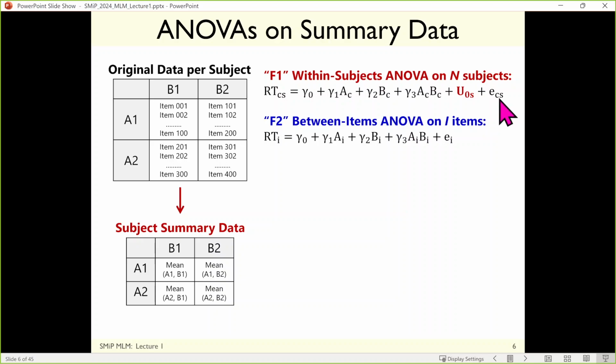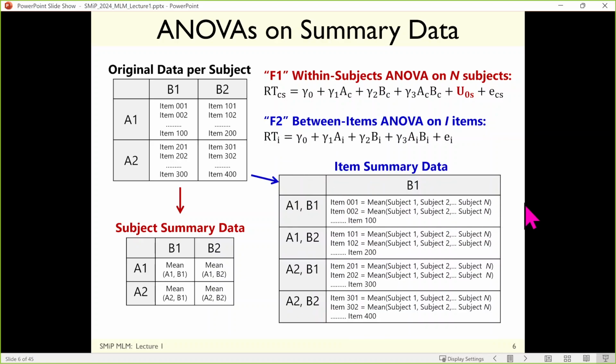You can't figure it out. So this is what Larry had done, and he had gotten a significant result. And unsurprisingly, he had a whole lot of people in his study. The F2 was a thing that was preventing him from being published, and this is an aggregation from the opposite